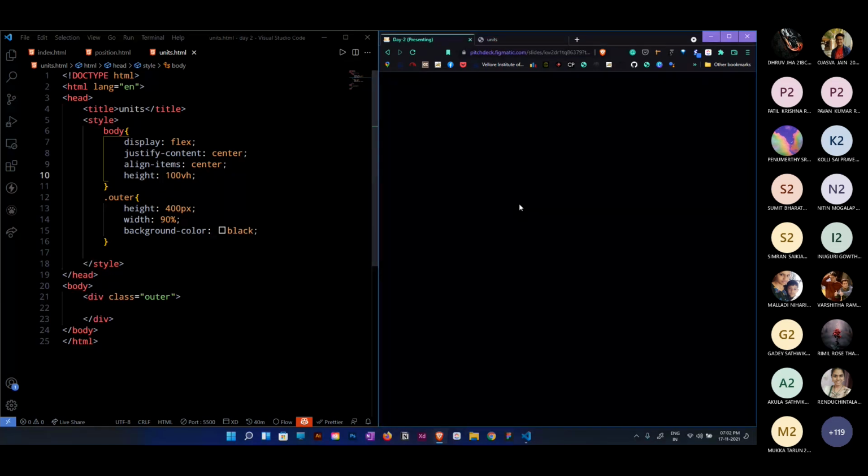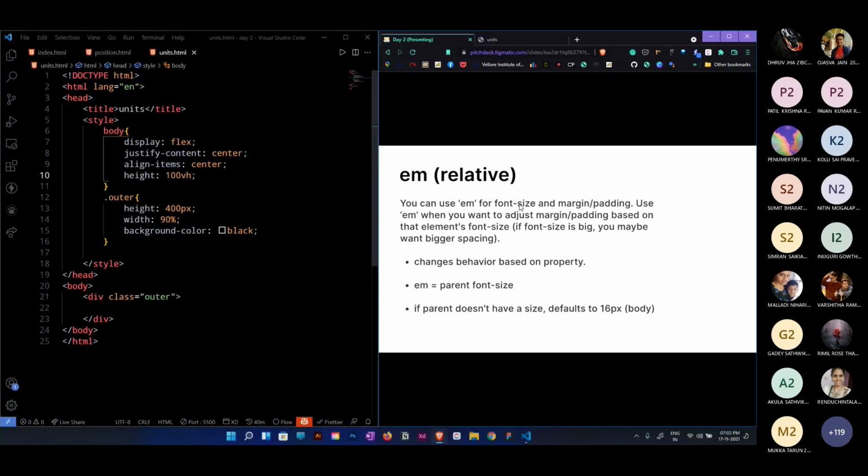The next responsive unit is EM. Listen carefully and clearly. EM is used for font sizes. We need to use it for font sizes to make our websites responsive. Within a few minutes, I will show you how, and I will also give you boilerplate code for font sizes, which makes perfectly responsive font size websites without any media queries or additional things.